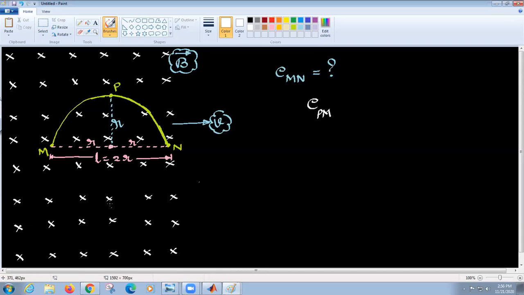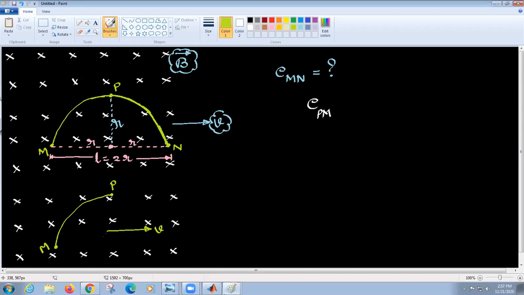Please think on these things. When I keep saying something, you please think on that, and keep those things in mind. Okay, say I manage somehow. Other than straight lines, the remaining things are simple. This is MP. I only want to move this. I forgot about PN. I'm only moving this.